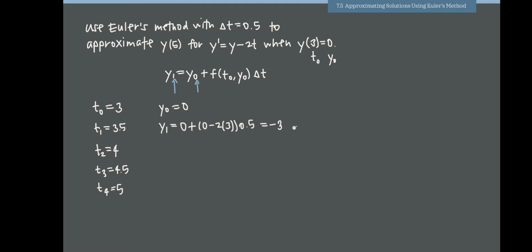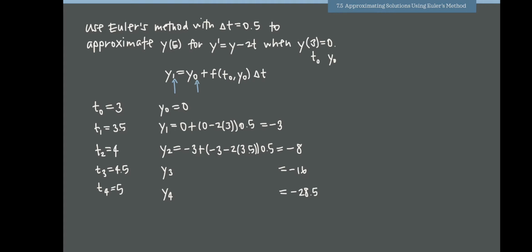Then we use 3.5 and negative 3 to approximate the next step. So we say y2 is equal to the previous y, so negative 3 plus, and then we plug 3.5 and negative 3 into our original differential equation. So we get negative 3 minus 2 times 3.5, and then multiplied by our delta t, and the value here is going to be negative 8. We keep going, calculating a value for y sub 3. We're going to get negative 16. And then to calculate y of 4, we'll use 4.5 and negative 16, and we'll get a value of negative